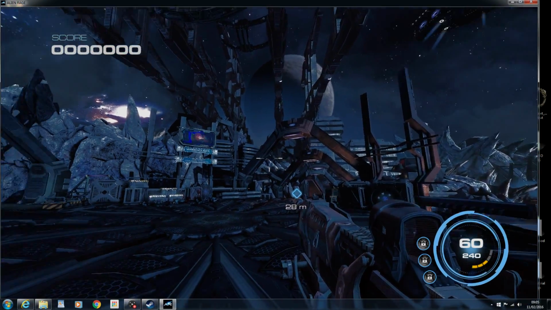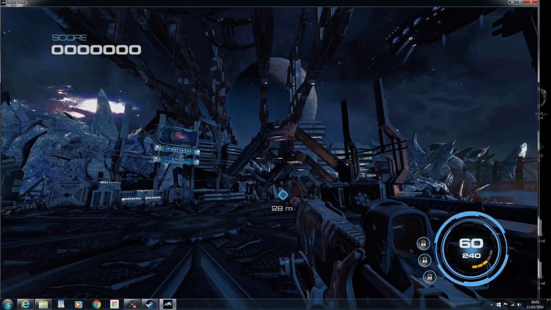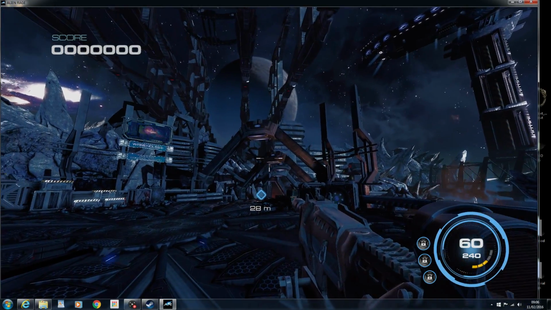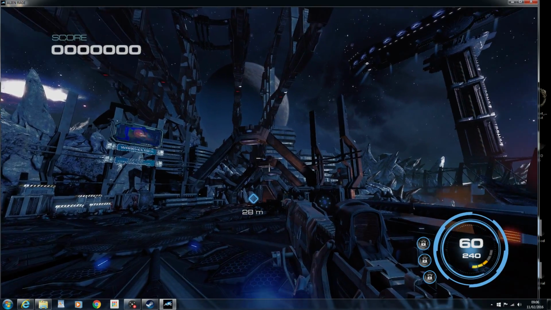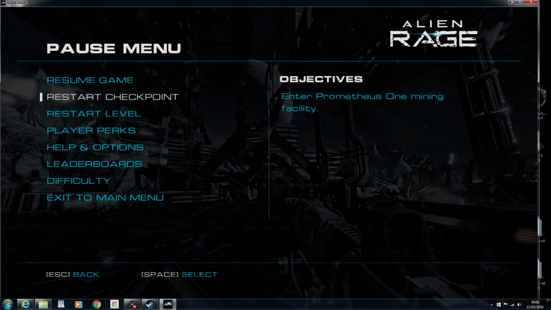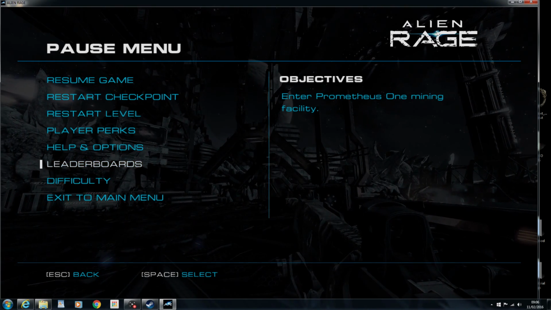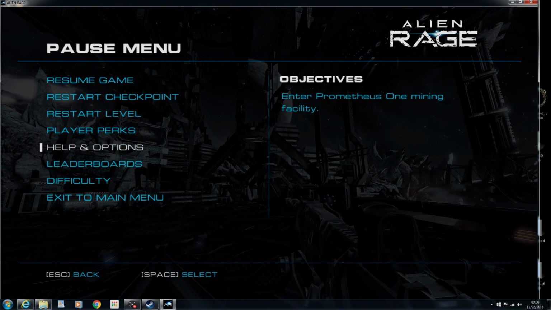Okay, so as you can see, we are back in the game now. I've loaded it up in a single screen view just so you can see what's going on. Definitely in VR though, because you can see I've got full positional tracking. I can do all kinds of stuff. Main reason I'm showing you that is because you actually need to make sure that you've put the game into windowed mode, because if you don't,